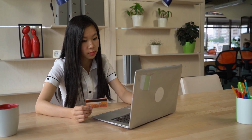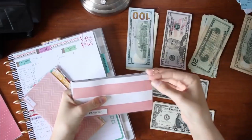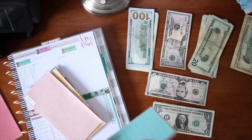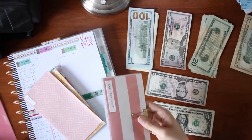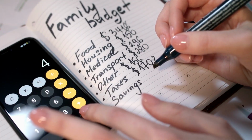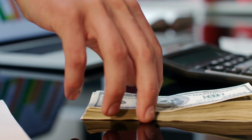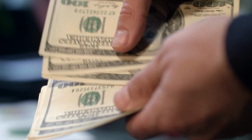One is by opening a sub-account and naming it emergency or backup funds. When trying to put money towards these type of accounts, one can forget about it when the paycheck comes in. By setting up an automatic transfer for a specific amount, you never have to worry. You can set this up with your bank to automatically put $25 or so from your pay into the emergency